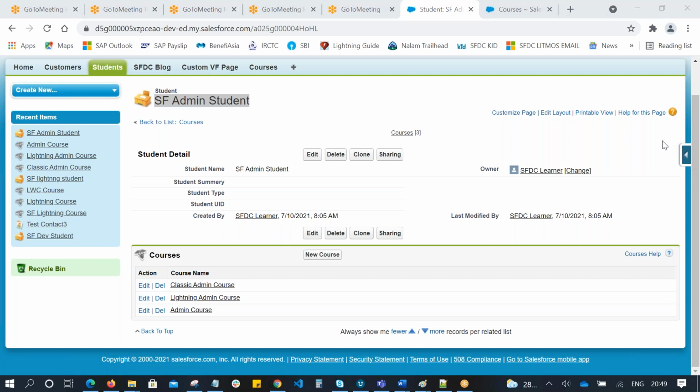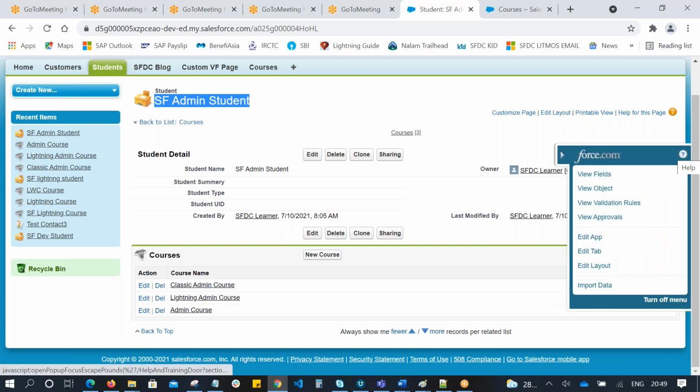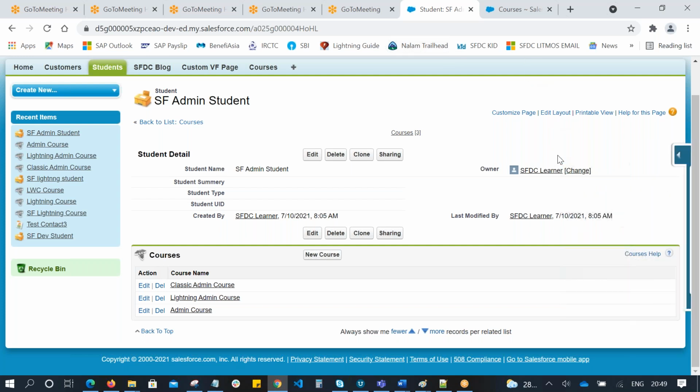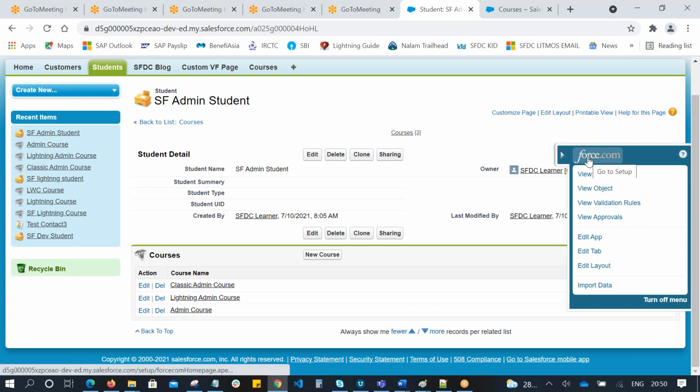Okay, so in the page layouts, suppose we have created a page layout. In the page layouts, we have the option for related list. In the account, suppose we have student layout. So we have a quick access menu. Instead of modifying the page layout with the following navigation, we have this quick access menu. With the quick access menu, we're able to modify this page layout. The student page layout, you can modify from this quick access menu. Just click on edit layout.